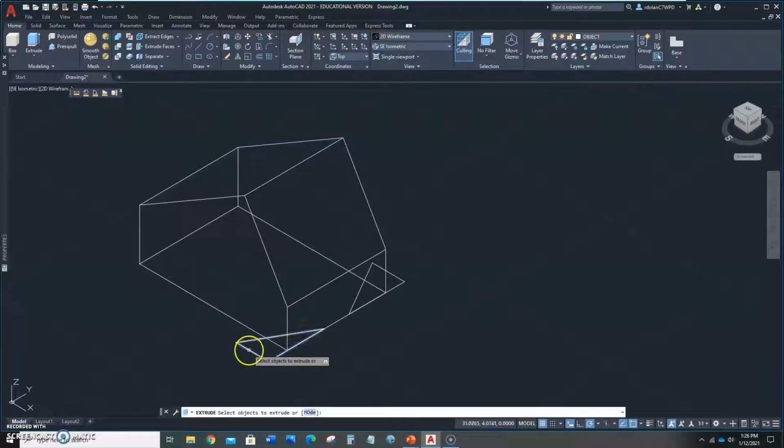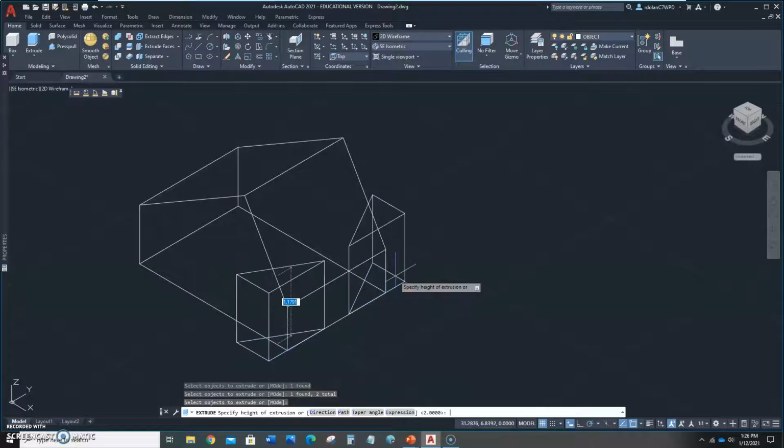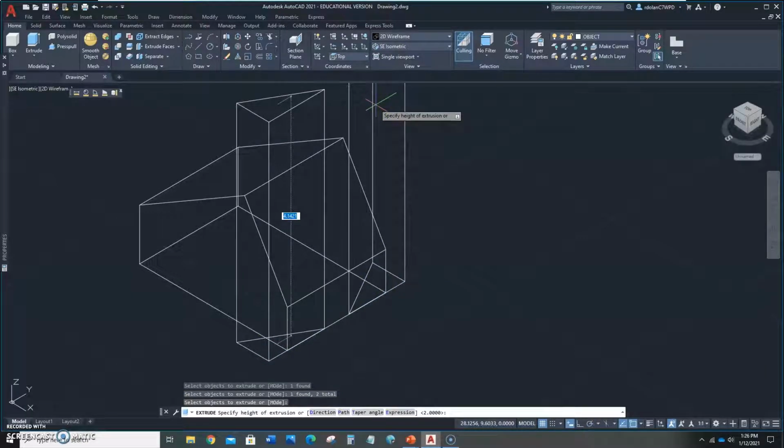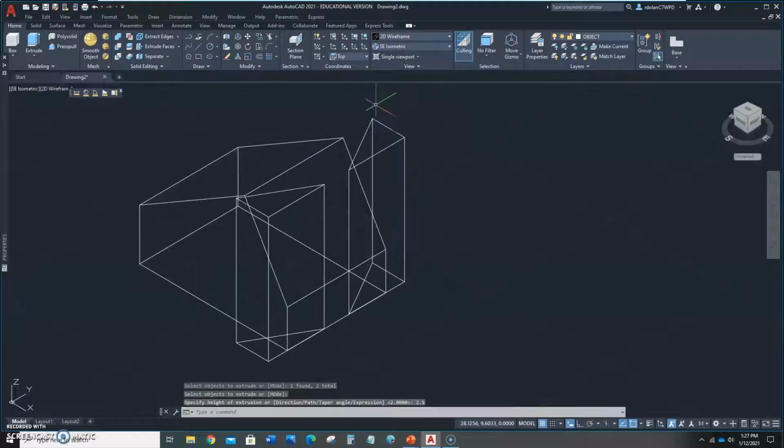I'm going to go to extrude, pick this one, and this one. I'm going to hit enter. I'm going to drag it up, and I'm going to go up 2.5. Okay, so now we have our cutouts that we're going to put there, and what we're going to use now